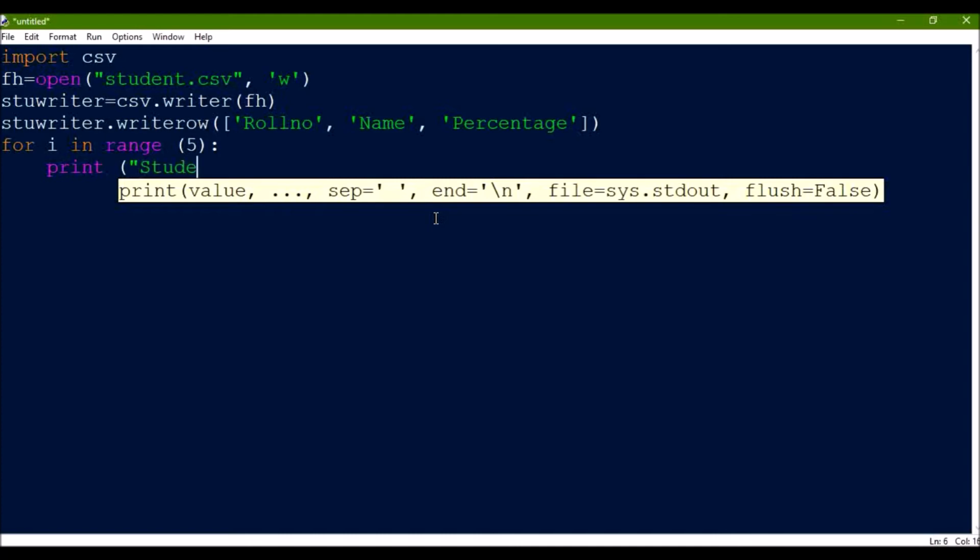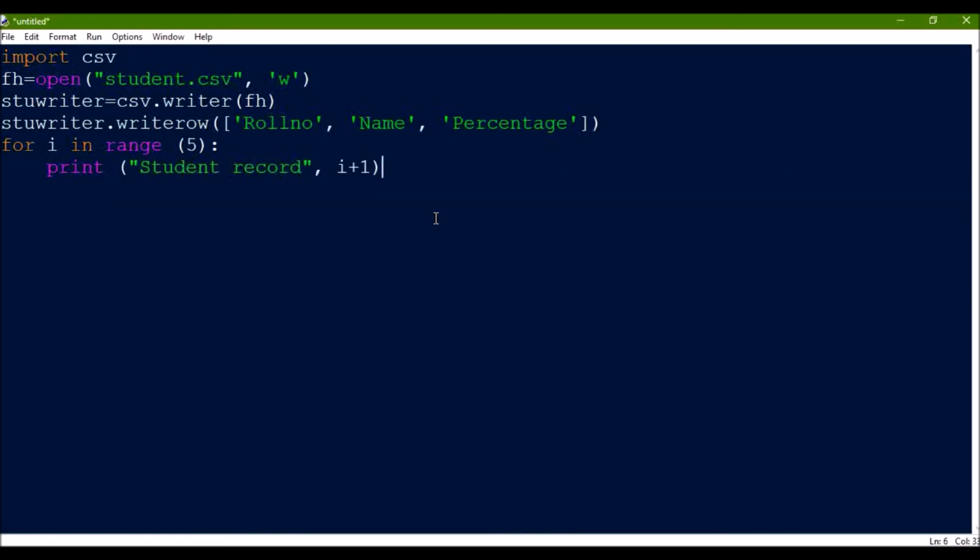So let us print student record i plus 1. That means the initial value is 0, so student record 0 plus 1, that is 1.